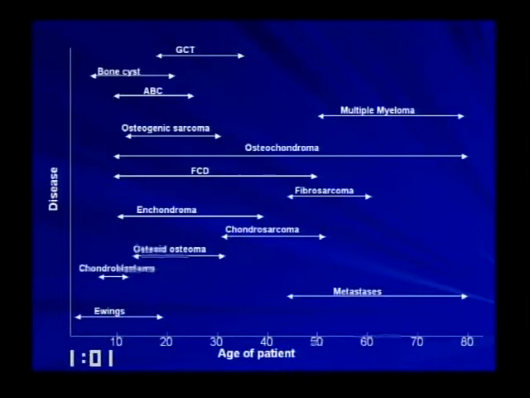Chondroblastomas, epiphyseal lesions, are going to be in young patients. Osteoid osteomas are in the teens and 20s. Enchondromas actually last forever. Fibrocortical defects are in young patients, but they go away. You don't see old ladies with fibrocortical defects, so you're not going to put that in your differential. Aneurysmal bone cysts are in young patients. Unicameral bone cysts, again, are not seen in old patients. The natural history is they go away, so you're not going to put that in your differential. Giant cell tumors are more common in women and usually in their 30s and 40s.